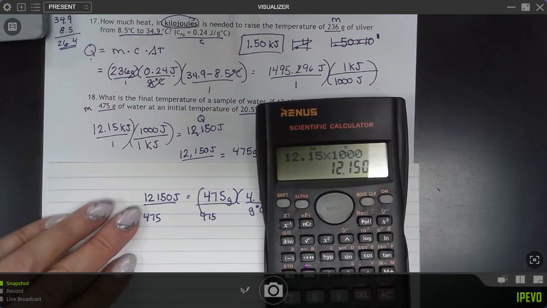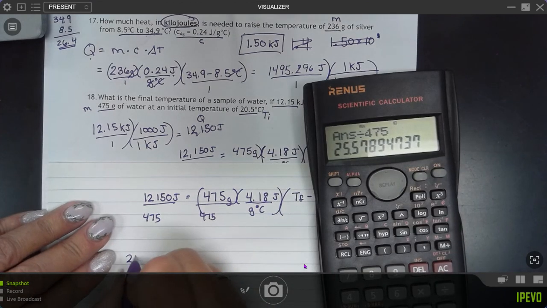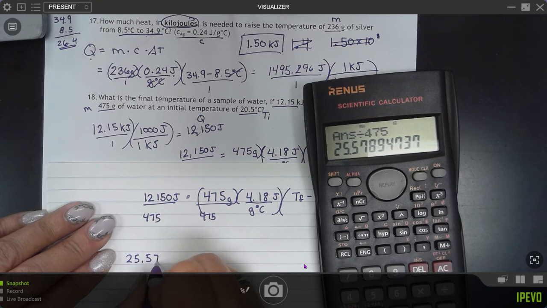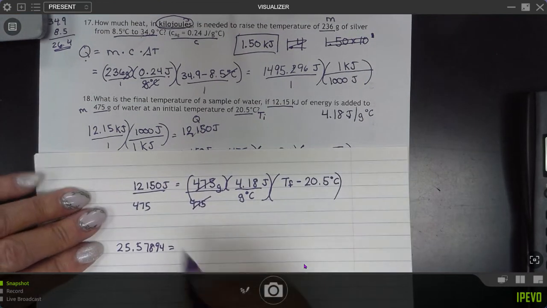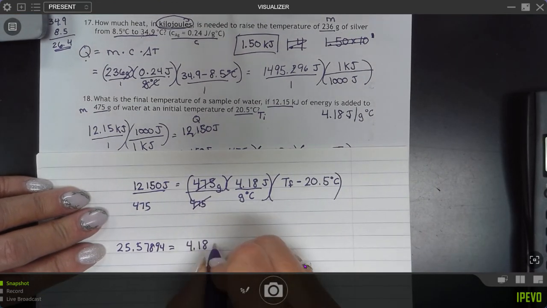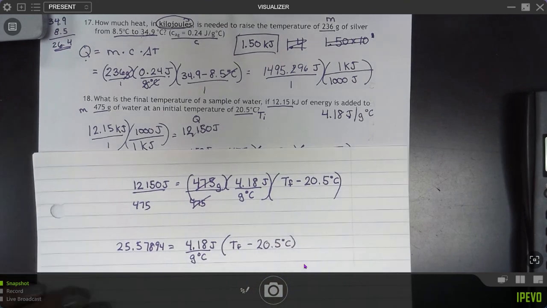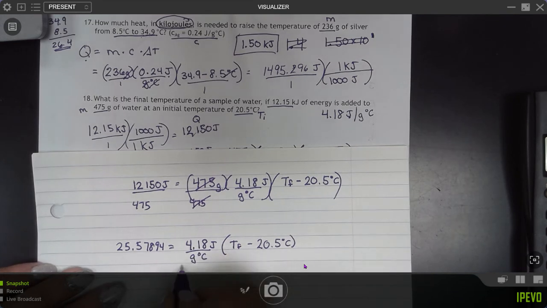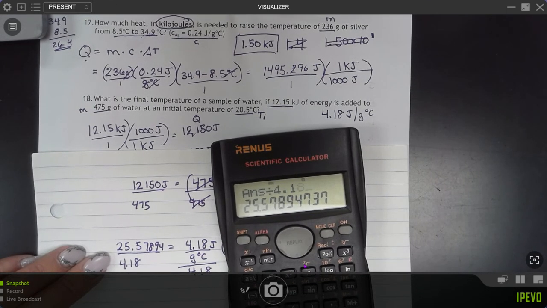Okay, so 12,150 divided by 475 equals 25. I'm going to carry some digits out, so 25.57894. So these cancel. All right, now that's going to equal 4.18 joules per gram degrees Celsius times T final minus 20.5 degrees Celsius. All right, now I'm going to divide both sides by my specific heat, so 4.18. Okay, so this gives me, if I do 25 divided by 4.18, I get